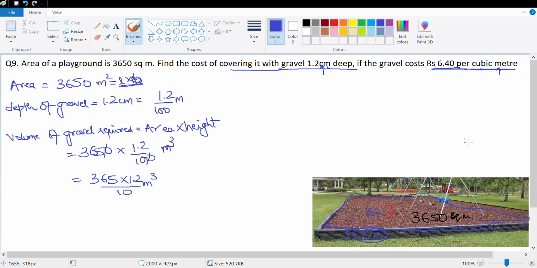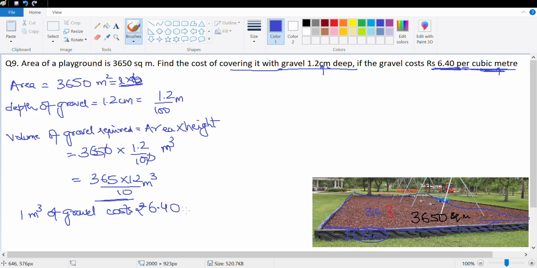This is the volume. 6 rupee 40 paisa is the cost of 1 cubic meter. Per cubic meter means 1 cubic meter costs 6 rupee 40 paisa, which means this many meter cube will cost how much? Again, unitary method. So let's just write that down. 1 meter cube of gravel costs rupees